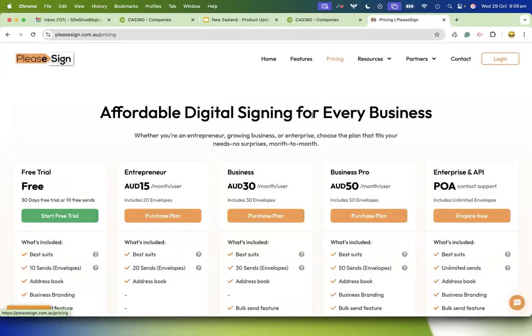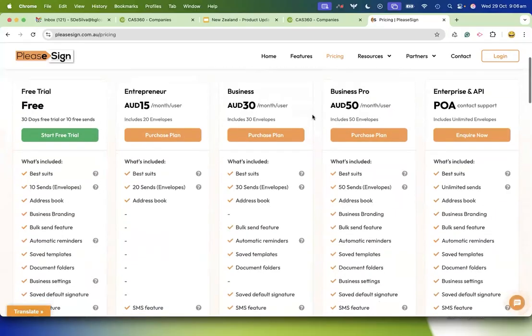You've got a pricing module here that displays your pricing options. So there's a free trial as well if you want to start off with that and see if that suits your practice. And there are a few additional options here as well to decide on. So once you have signed up with Please Sign, you'll simply need a username and password to start off that